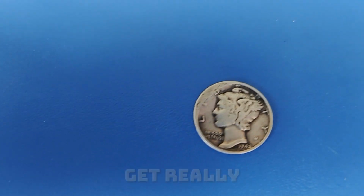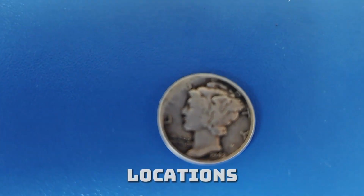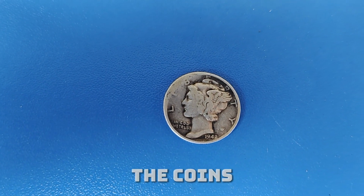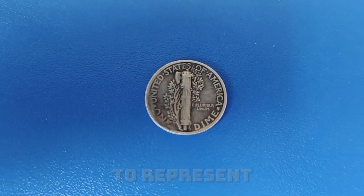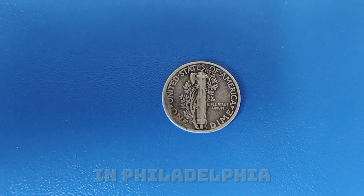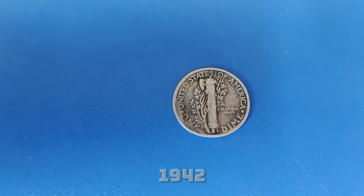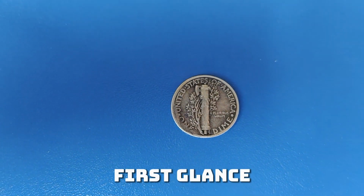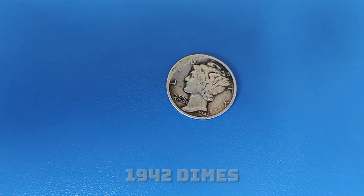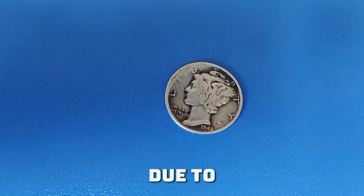Now here's where things get really interesting. The 1942 Mercury dime was minted in 3 locations: Philadelphia, Denver, and San Francisco. The coins are marked with mint marks D or S to represent Denver and San Francisco, while coins without a mint mark were minted in Philadelphia. Over 315 million of these dimes were struck in 1942, so at first glance, it seems like a pretty common coin, right? But not all 1942 dimes are created equal, and some have extraordinary value due to rare minting errors